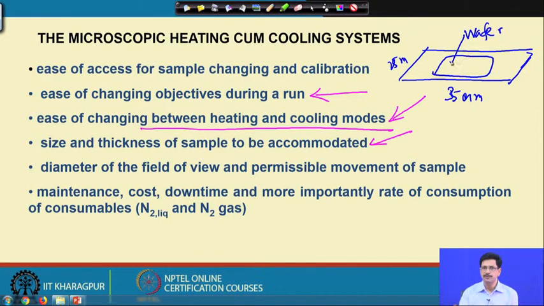So, this wafer, which is mounted on a slide using some adhesive like Canada balsam, is taken out and put into the hot and cold stage. But the stage, the sample holder or the area, could be just about 1 centimeter or at the most 1.5 centimeter diameter circular sample holder on which the sample could be put. And then, even if this sample is put inside the sample holder like this is possible.